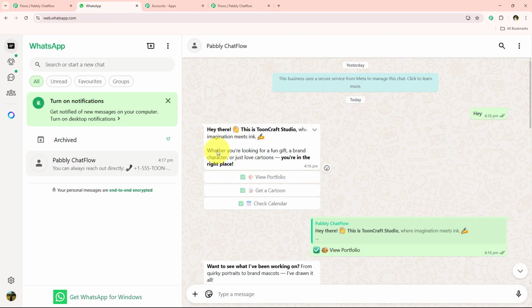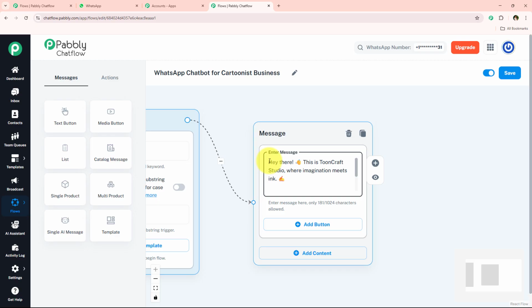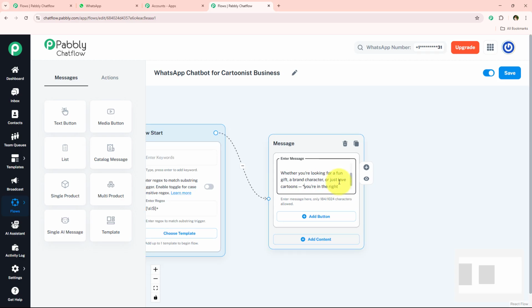But in this message you can see that I have bolded some text, which is this text and this text. So how am I going to bold this? For that we simply have to add stars at the start of the text which we want to bold and at the end of the text which we want to bold. Same, I'm just going to do it right over here too. I'm just going to add a star at the start of the text and at the end of the text which